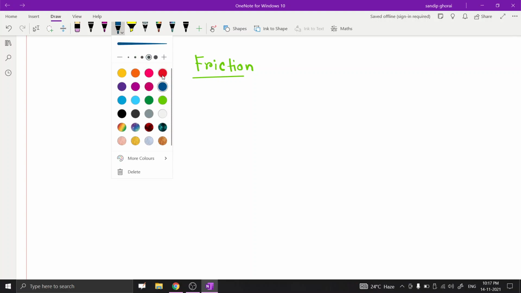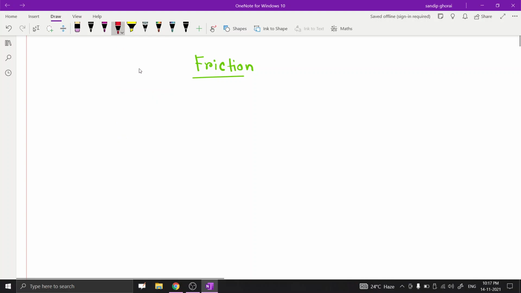Now, at first, we have to define what a friction force is. This chapter is already completed, and this is a revision class on friction, so you already know what friction force is. Friction is a resistive force between two surfaces, depending upon the nature of the surfaces, and also upon the weight of the